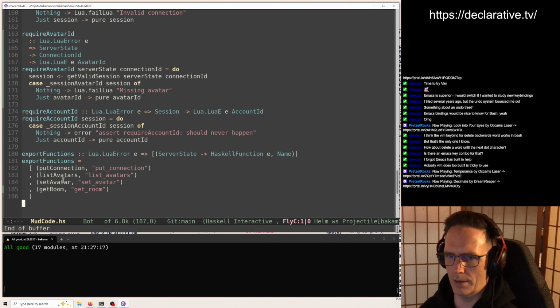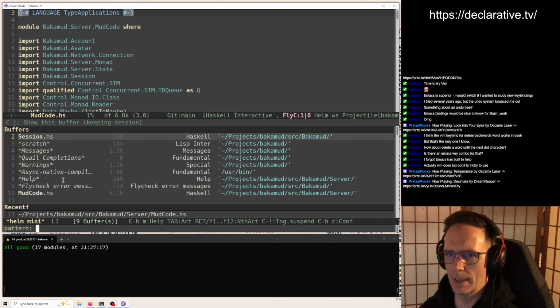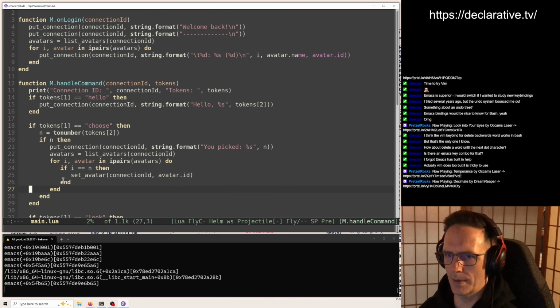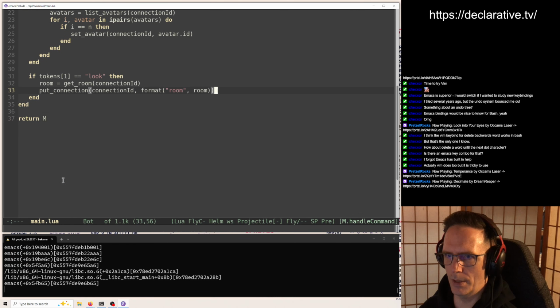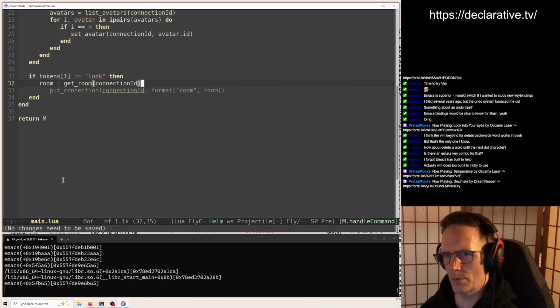Now it's part of the Lua API, so that's implemented. And the other part, in order to actually call this look command, would be format. Although I'm going to say maybe we comment that out for a second, because format's going to take me a minute to understand here. Let's just see if this works.